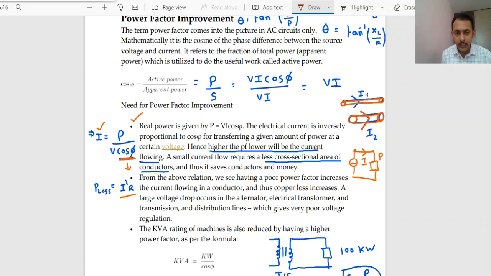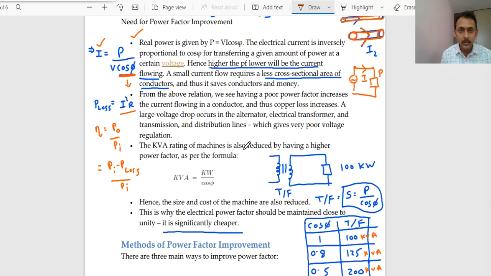Once there are losses, with respect to the efficiency, which is output power by input power, the output power will be nothing but the input power minus power loss. Once the losses are more, you will get less output and the efficiency will be low. This is another drawback. The efficiency of the system will get reduced, because